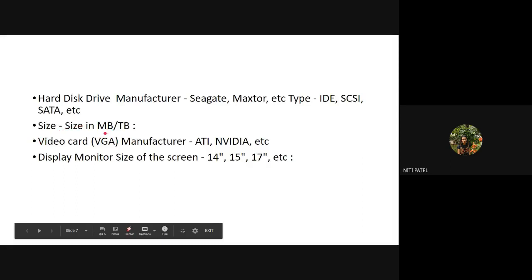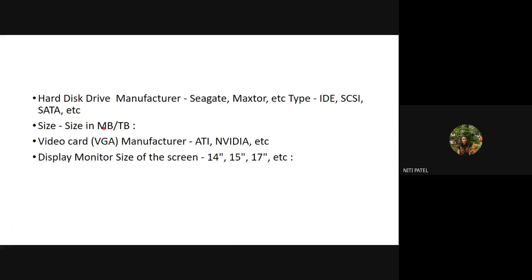Okay. Then next is the size of the hard disk. It supports sizes from MB till TB. So it is not necessary that you should have a hard disk of only 1 TB or 500 GB. The minimum requirement is 700 MB. So if you have even 700 MB in your hard disk, your Linux will be installed properly and all the files and folders the user creates will also be operated very smoothly with a minimum hard disk size of 700 MB.